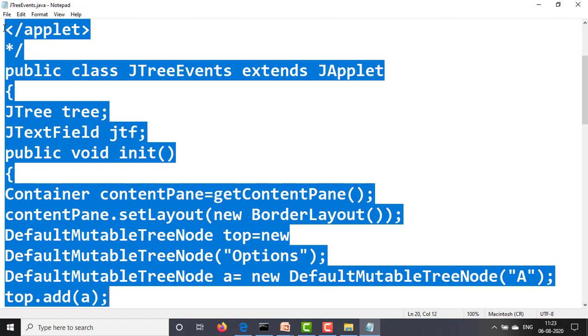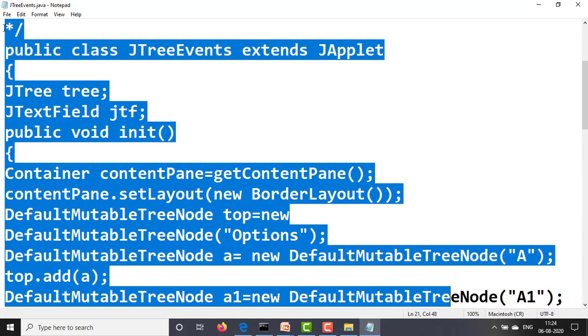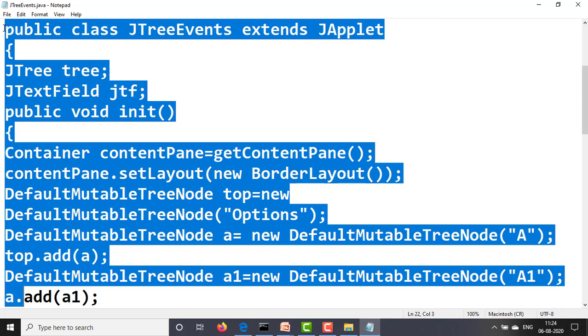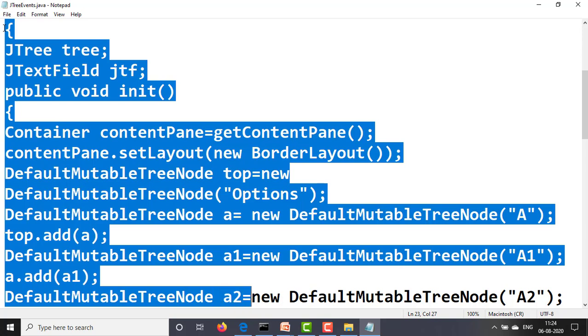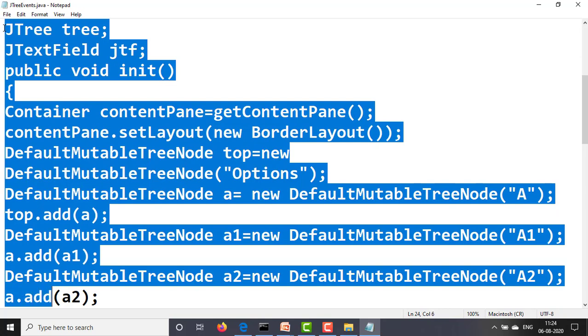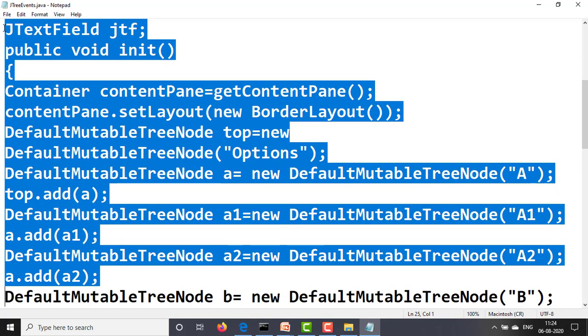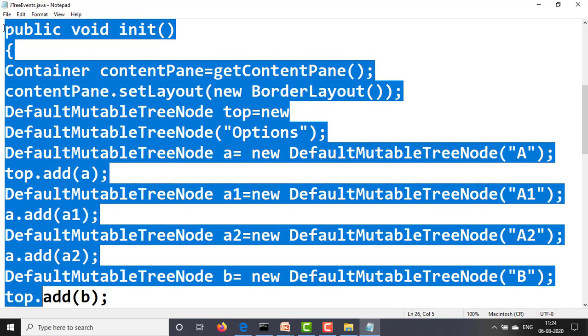Options is the main node, and within that node we have nested or inserted A. Then DefaultMutableTreeNode a1 = new DefaultMutableTreeNode("A1"); a.add(a1), we have passed A1 into A, within that A, A1. In the same way, DefaultMutableTreeNode a2 = new DefaultMutableTreeNode("A2"); a.add(a2). DefaultMutableTreeNode b = new DefaultMutableTreeNode("B"); top.add(b).